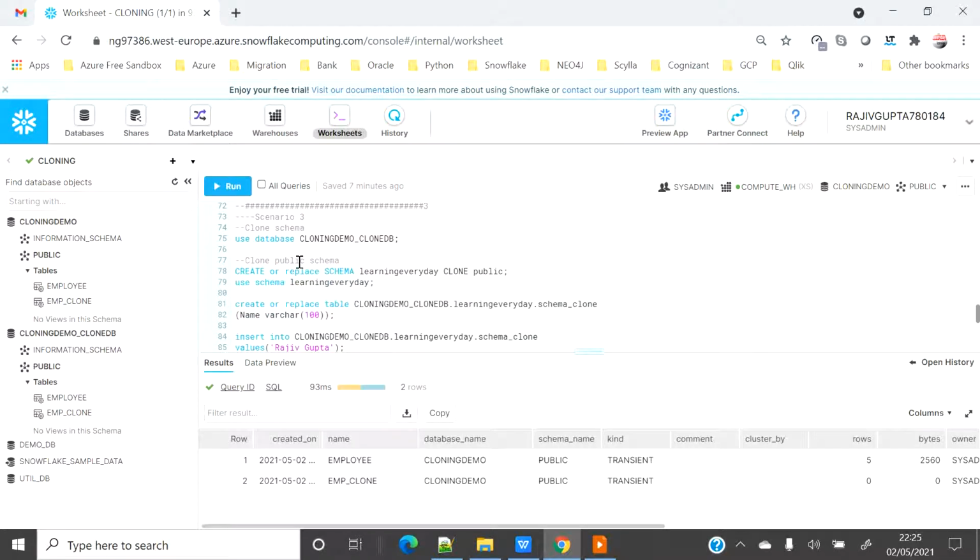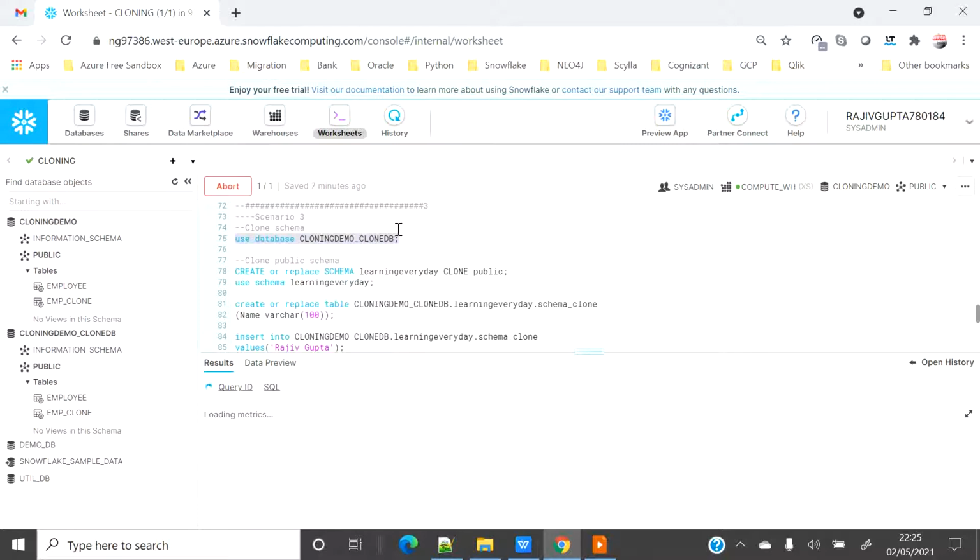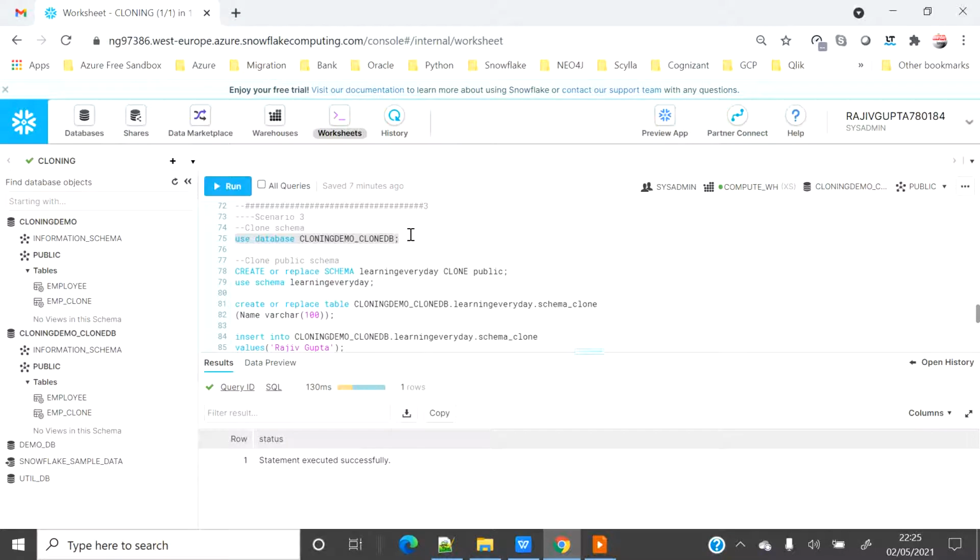The third scenario would be if I want to clone a schema. How would I do that? For that I am going to use the database which I cloned recently, and I will clone the public schema of that database with a new name, learning everyday.